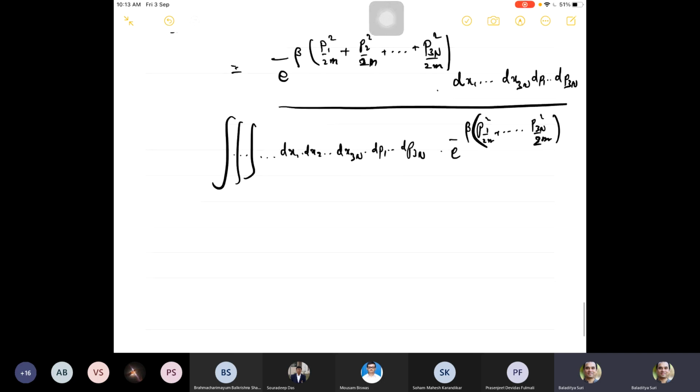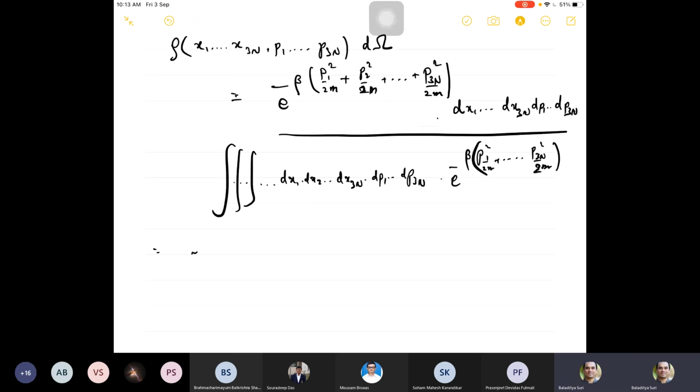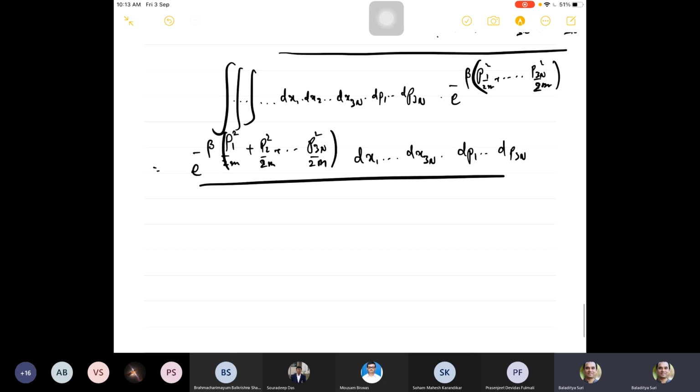Okay, and now we have e to the power of minus. Let us try to work this out, at least put it in a form which... then we have the dx3n and then dp1 to dp3n, and the denominator. Okay, this integral here depends only on the momenta. So the volume integral doesn't play a role at all. So what I can do is, from the basic rules of integration, I can take out the volume part